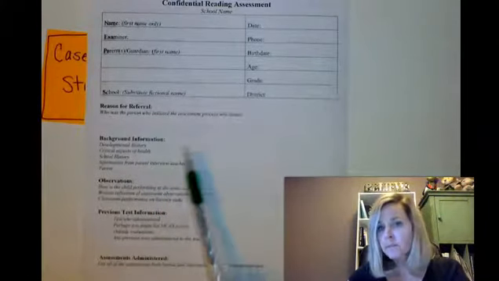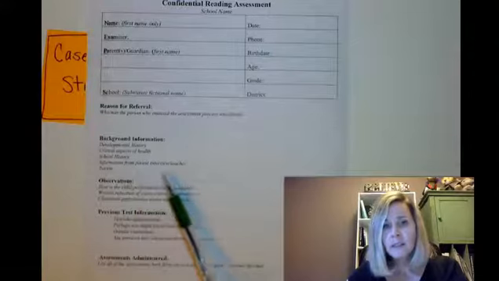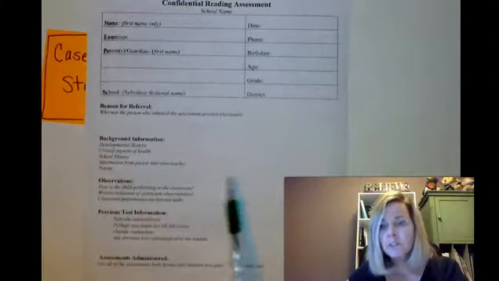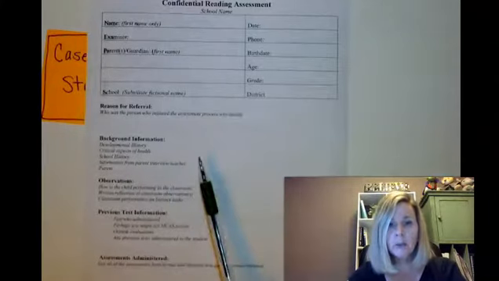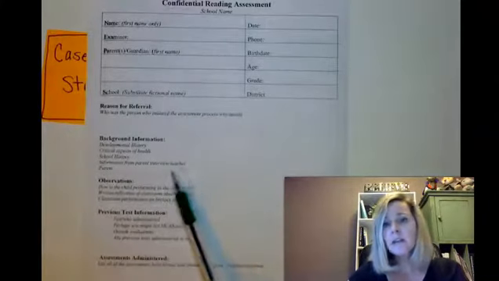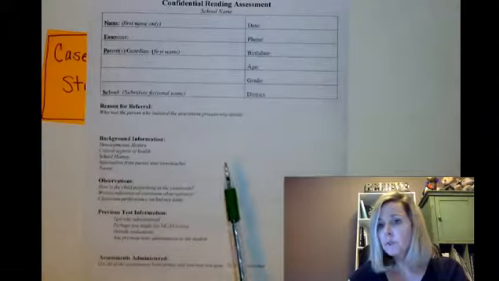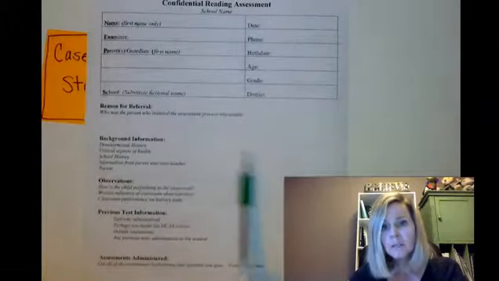If it seems like the student is receiving special education services, if the student's been retained to grade level, if the student has some other type of social emotional issues. Sometimes it's important that we just talk about that student. And other times,